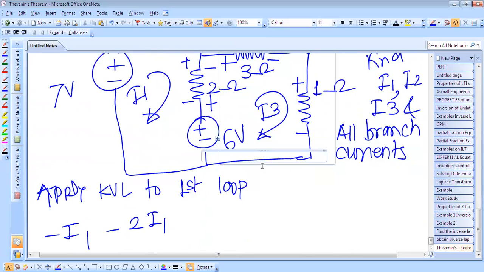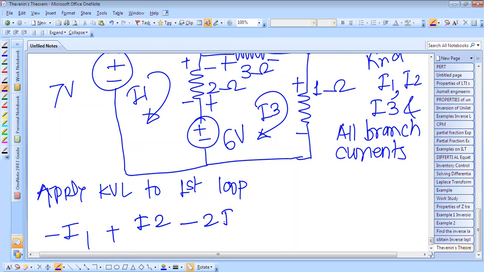So we can write here plus I2 minus 2 times I1, plus again there is a rise in potential due to this current I2, because this is a minus 2I1 and this plus 2I3, and this is a minus 6